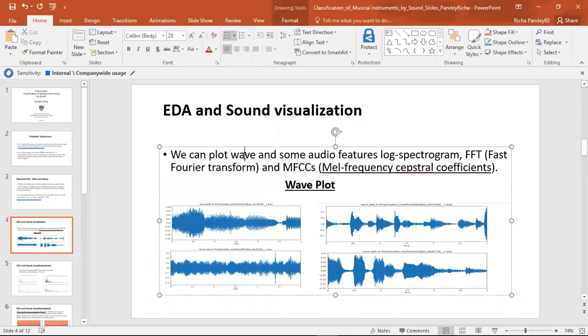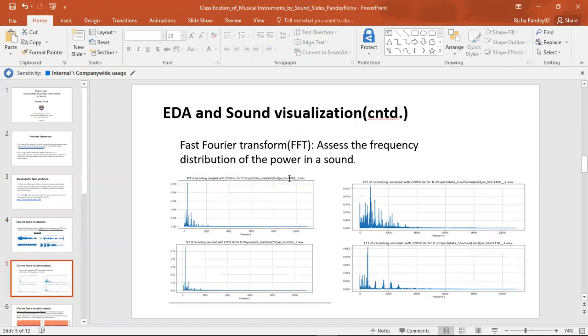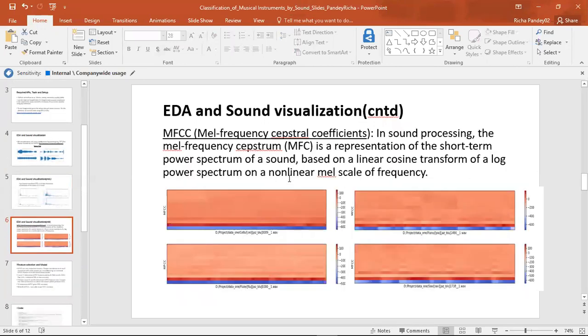Now we have many interesting and important audio features like log spectrogram, FFT (fast Fourier transform), and MFCC. We can visualize these sound features. So I have created a few plots here. This is the wave plot for 4 instruments: cello, piano, flute, saxophone. This is the FFT plot. This is to assess the frequency distribution of the power in a sound, and this is